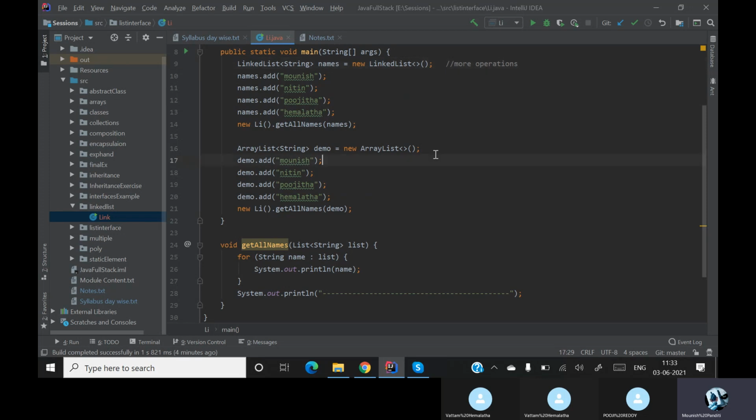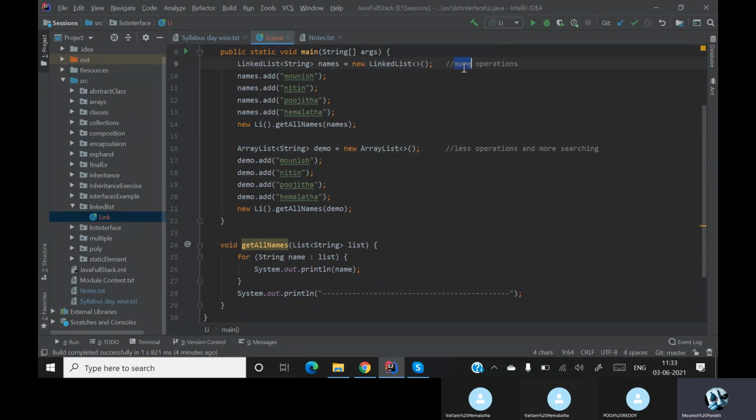But when you come to an array list, when there are fewer operations and more searching, we will be using the array list. If you remember, when I was explaining array list, I even told you how to search an element in the list, but I have not used that searching method even in stack or in our linked list, because for searching, array list is the best.